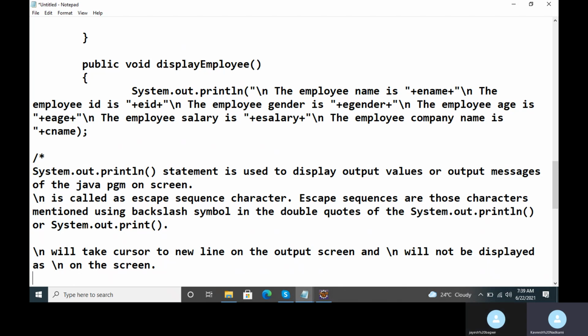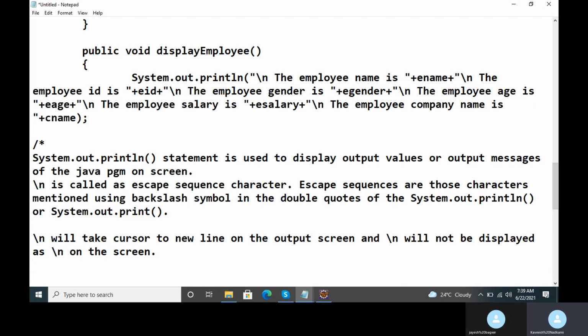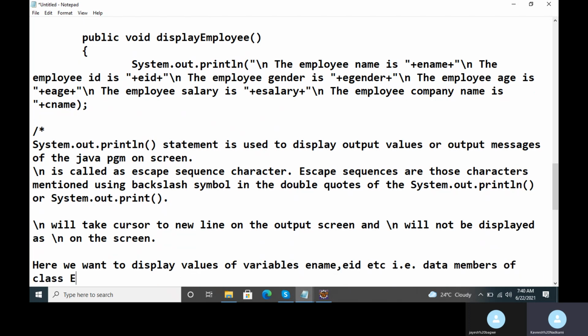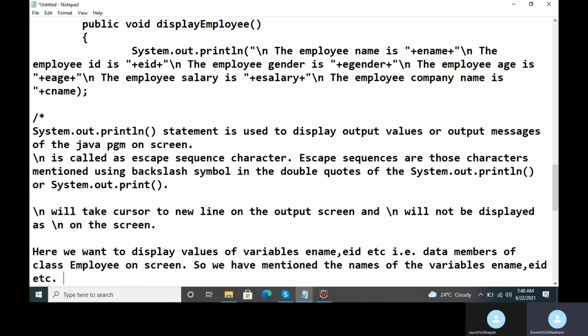And one more thing, as I told you, here we want to display the values of the variables ename, eid, etc., that is, the data members of the class Employee, on the screen, Jayesh. So we have mentioned the names of the variables ename, eid, etc. outside the double quotes. Clear, Jayesh?